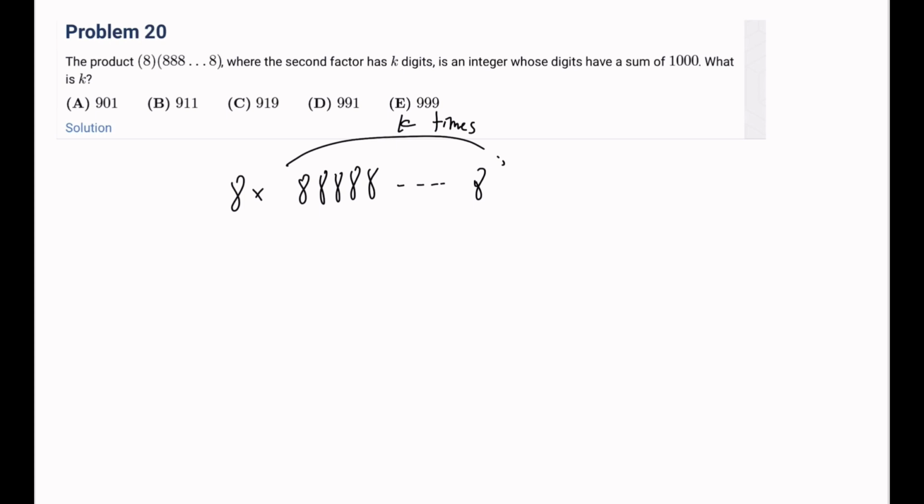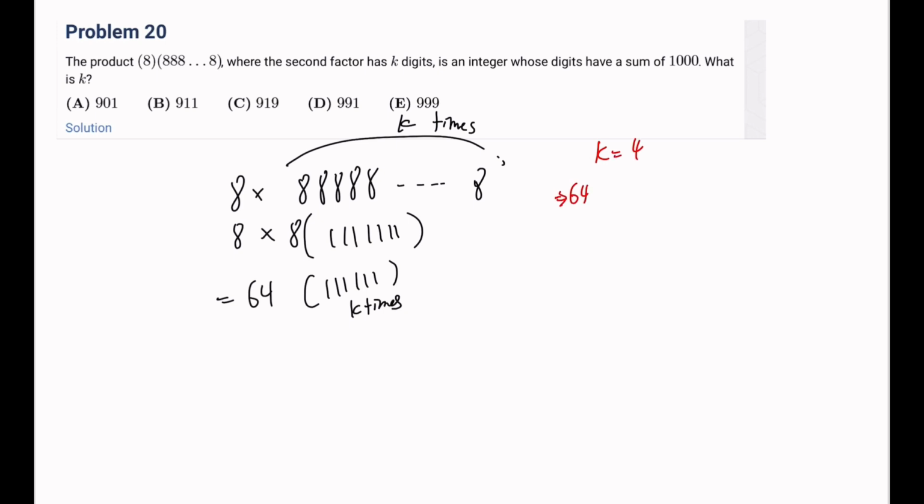Right, and let's say this is 8 times 8, and then 1, 1, 1, 1, 1, 1, you have this 8 k times, right? And so this is 64 times 1, 1, 1, 1, 1, 1, k times. And then before we try to make it have a sum of 1000, let's just try to look for a pattern with k equals 4. Then that would be 64 times 1, 1, 1, 1, so it's 64, 64, 64, 64,